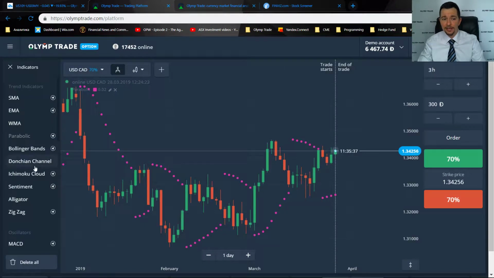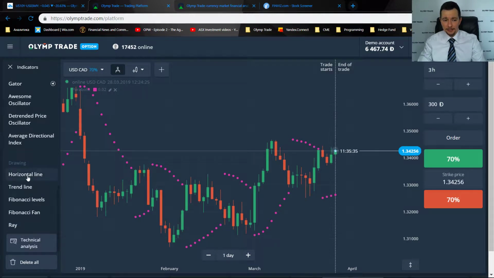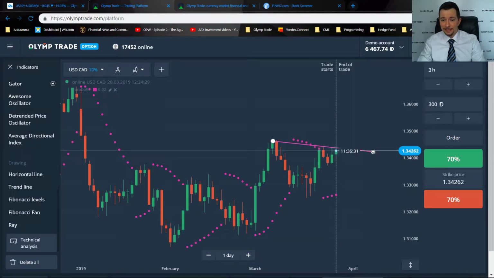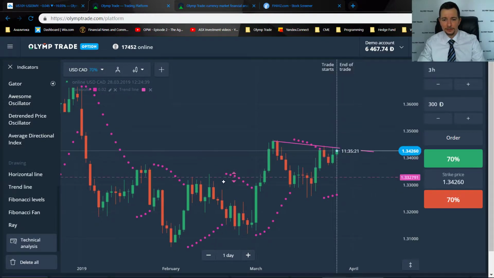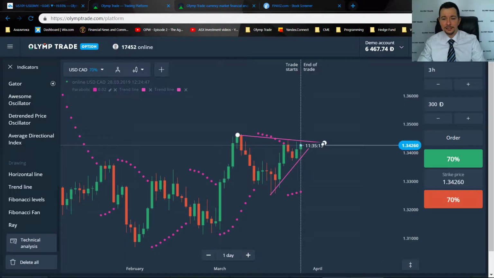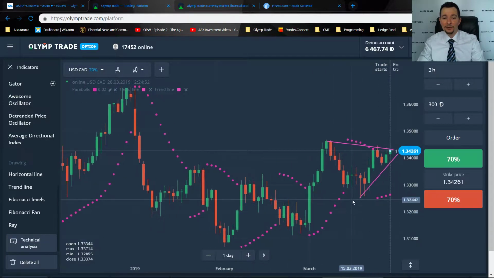The first thing that we have here is a triangle that kind of looks like this, but it's more of a right triangle. As you see, price is like this movement right here where we didn't come to the lower end of the triangle. Excuse me, that's not the right one. Trend line. So from here to here, you can totally see that this triangle is a little bit more to the upside. And we've been